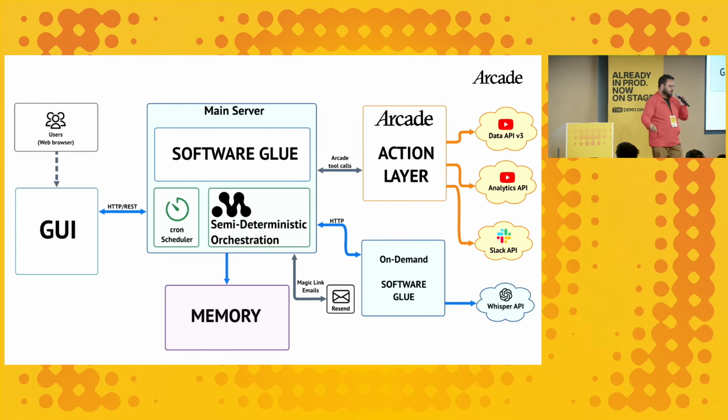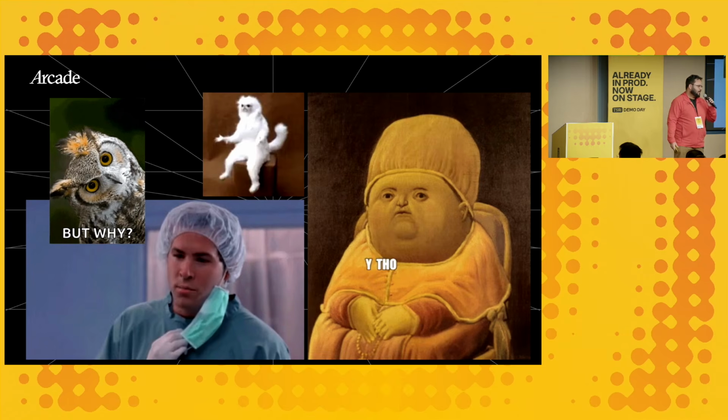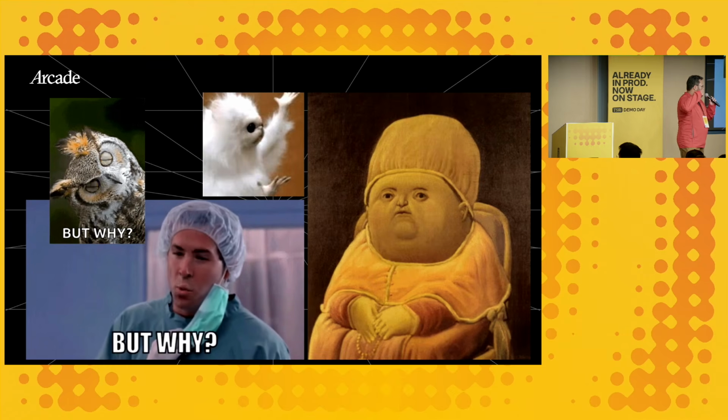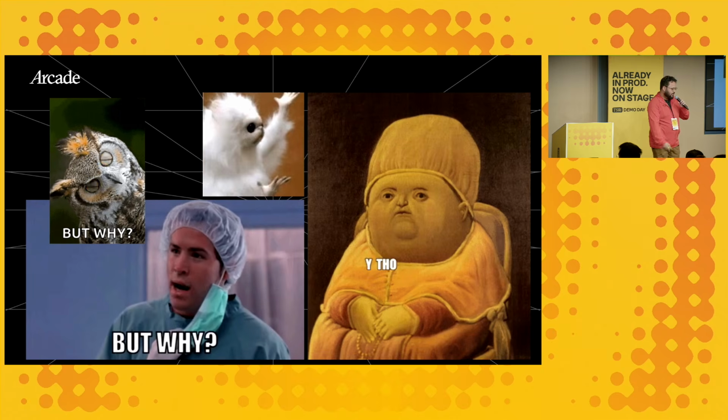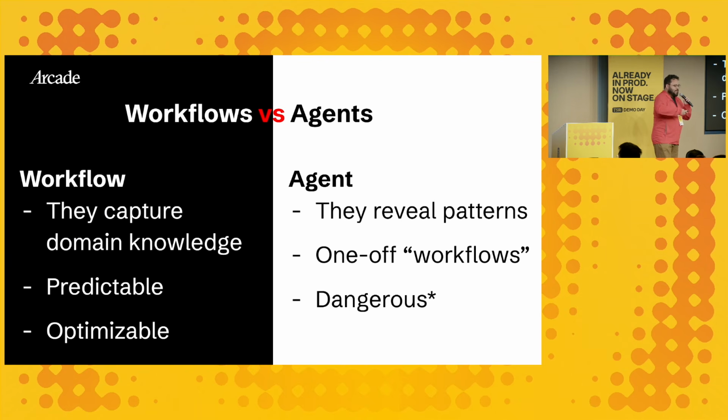The memory is shared, but why though, right? Like why should we build like this? Why should we care about having this? And the idea for me is, look at the benefits of workflows versus agents. A workflow is very good at capturing domain knowledge. And that means the user knows how to do something. And it may do it with an agent in a very repetitive way. So the agent is accelerating their work, but that activity is still repetitive. And that screams you can optimize it into a workflow.